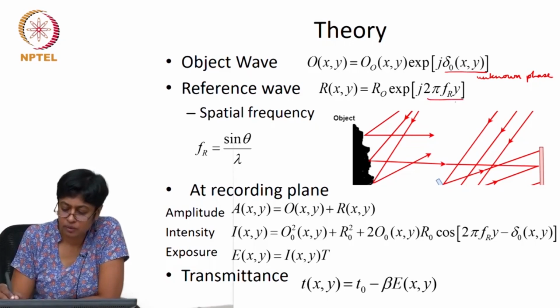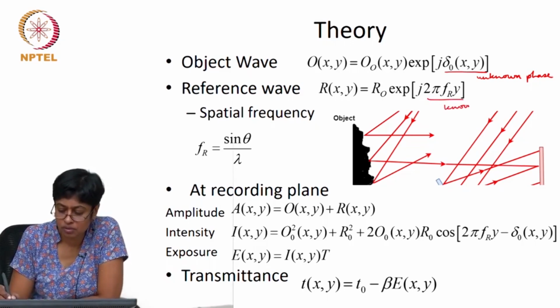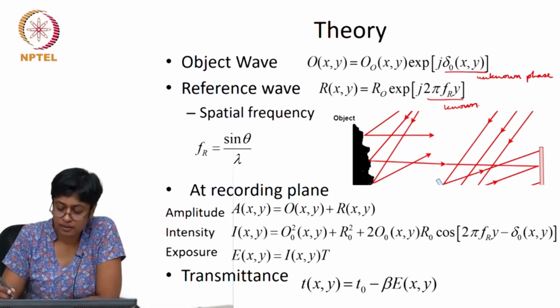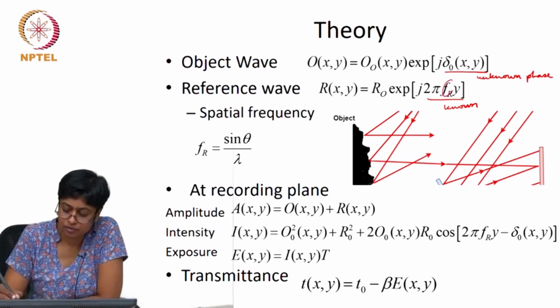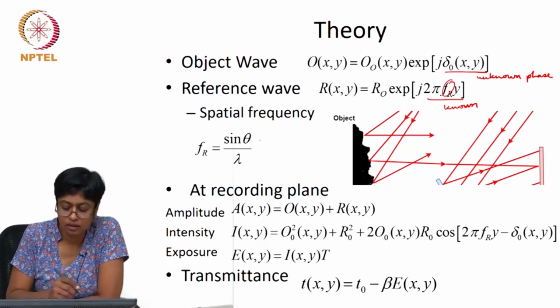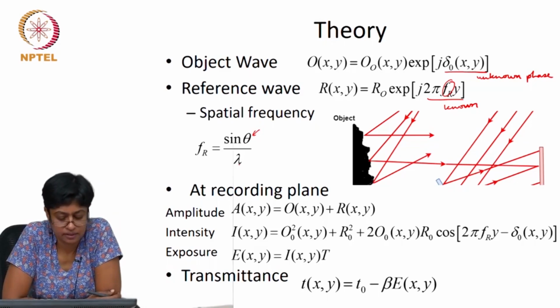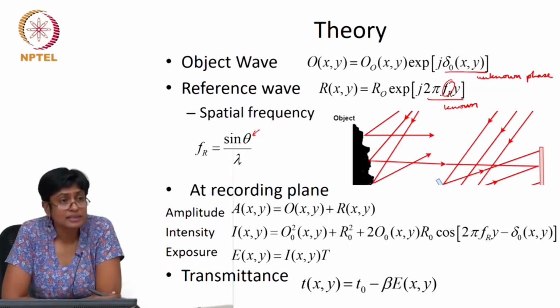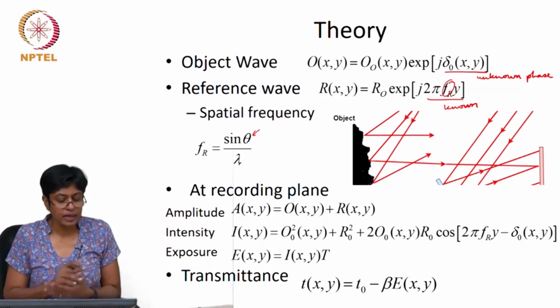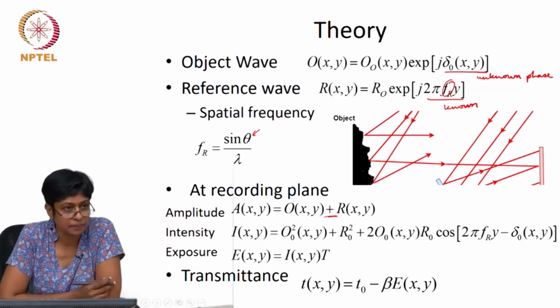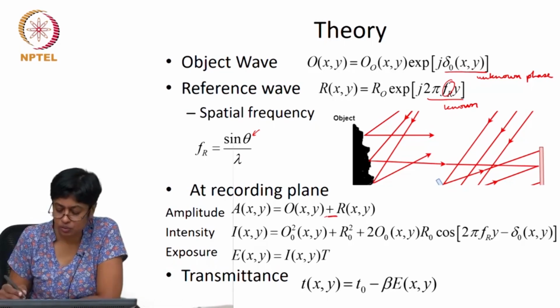This is a reference wave, this is known. And in fact, as I said, this Fr is a function of the angle of incidence and the wavelength of the light. So, these two beams overlap, and the amplitude of course is going to be nothing but the sum of them. The intensity is going to be